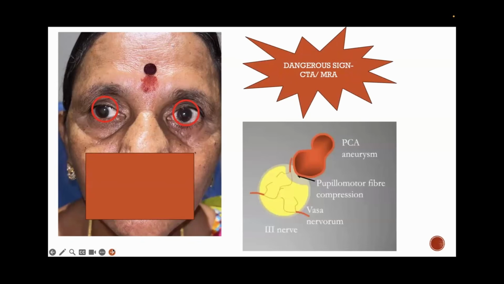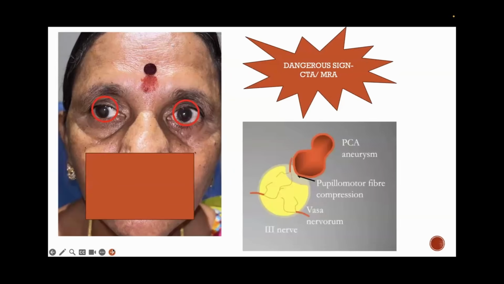What the dictum says is that the majority of ischemic mononeuropathies, up to 80% of them, will not have the pupil involved, because the pupillary fibers are sitting on the outside. When you have an ischemic mononeuropathy, the nerve starts getting involved from the center to out. So your pupillary fibers will get spared unless there is something pressing from the outside. So these are the candidates which need urgent imaging, either a CT angiography or an MR angiography, to look for a posterior cerebral artery aneurysm that may be putting pressure on the third nerve.